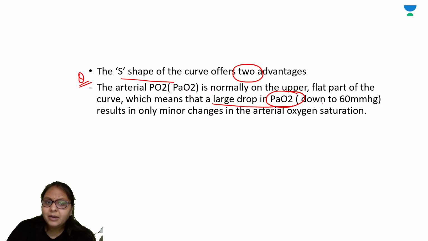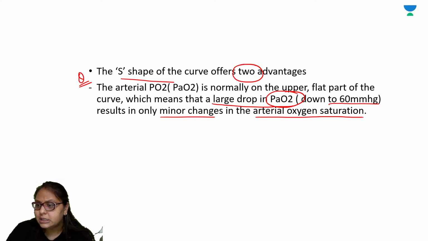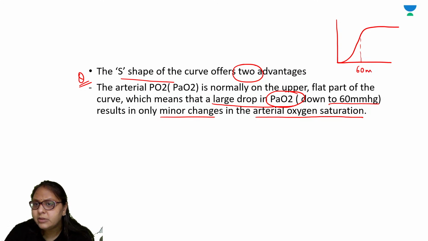So the flat part of the curve means a large drop in PaO2 down to 60 millimeters of mercury, with only a minor change in the arterial oxygen saturation. Please remember this point. The S-shaped curve: even if the partial pressure of oxygen has dropped to 60 millimeters of mercury from 95 millimeters of mercury, there is not much drop in the saturated oxygen,